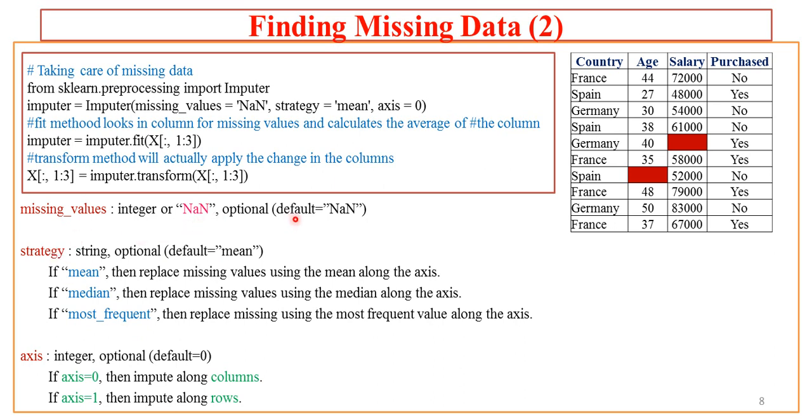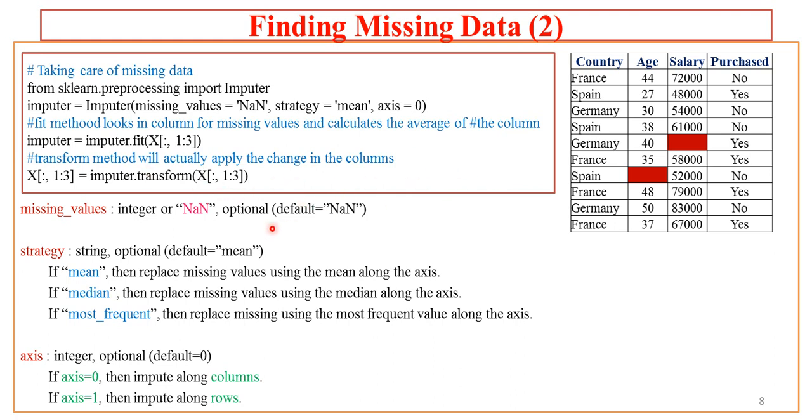Optionally you may not even provide it, but it is better to provide that it can be NaN. By default it is NaN only. NaN stands for not a number. Suppose some values are missing, just focus on this data set. If some values are missing, those values will be treated as NaN, and we have seen that already in the data frame while we saw the Spyder IDE in which data of variable X was displayed. We'll see it later again, don't worry.